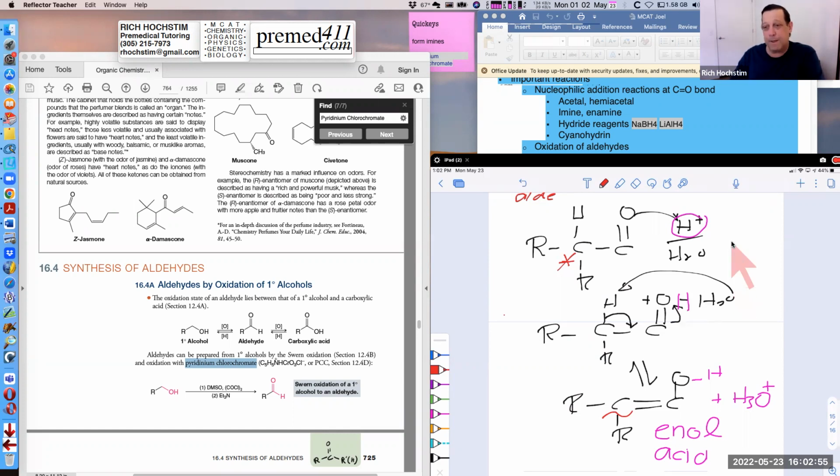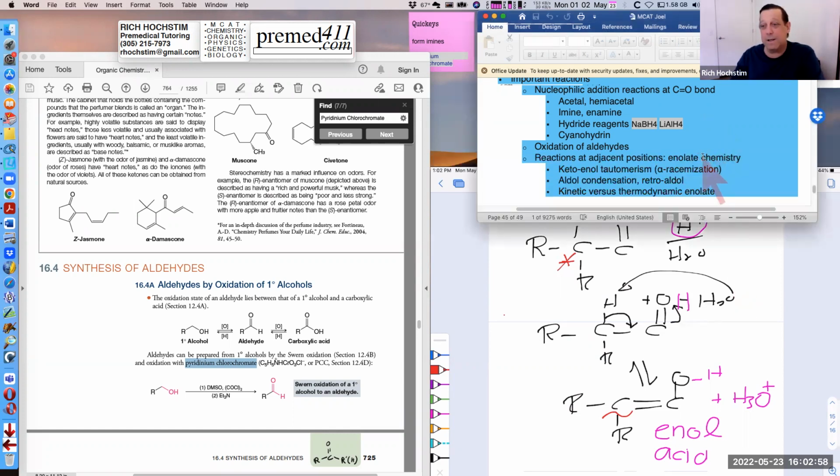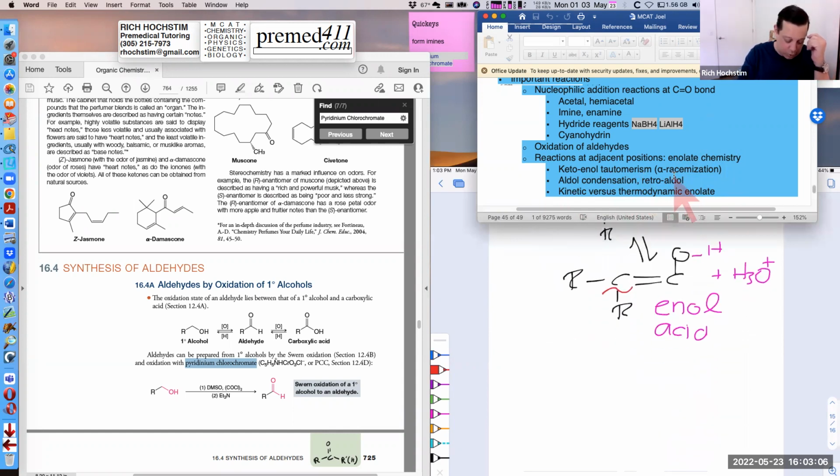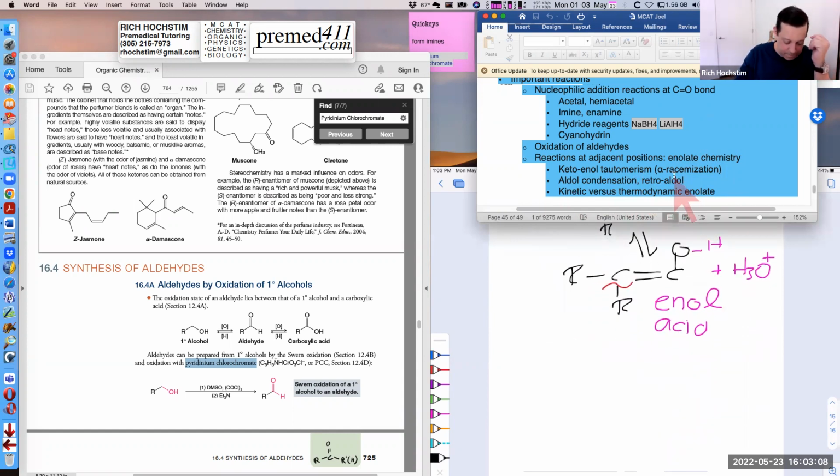Okay, so that is that. Okay, keto-enol tautomerism. Just to make it totally clear, that's enol, basic conditions, and this is enolate. I screwed it up. This is enolate,